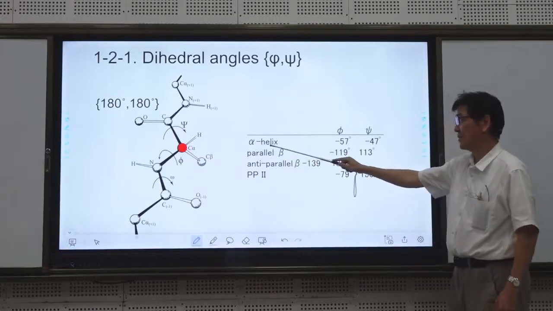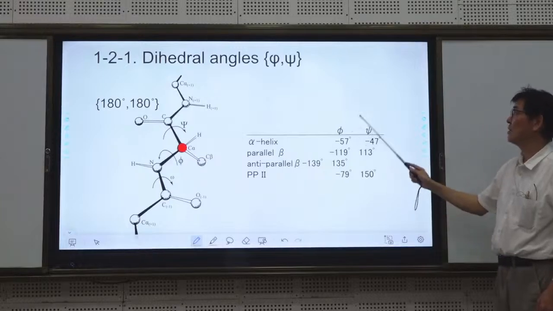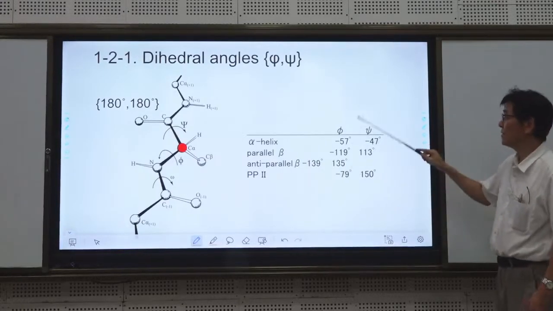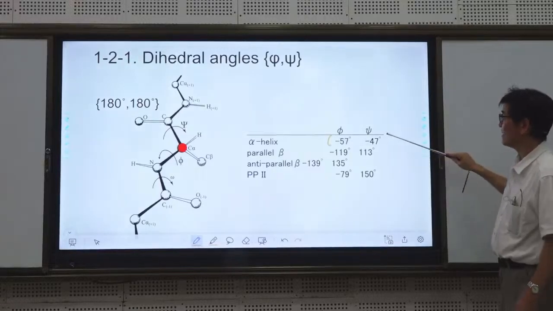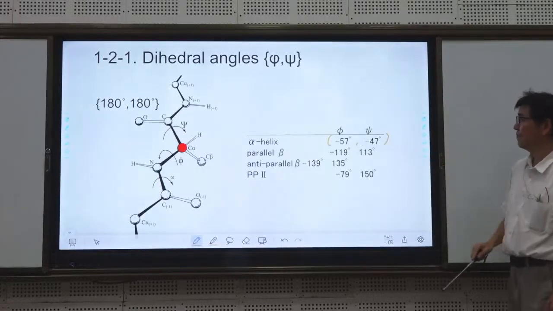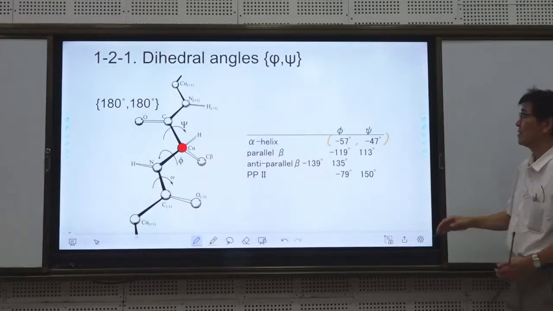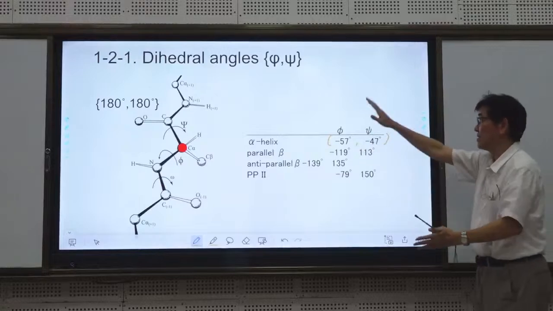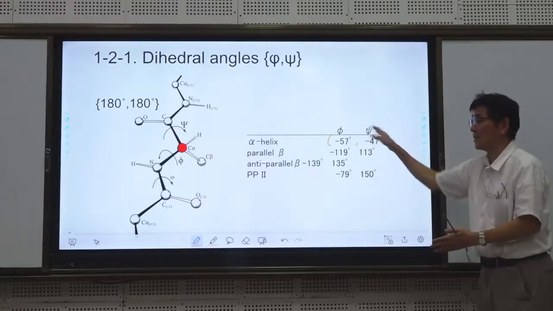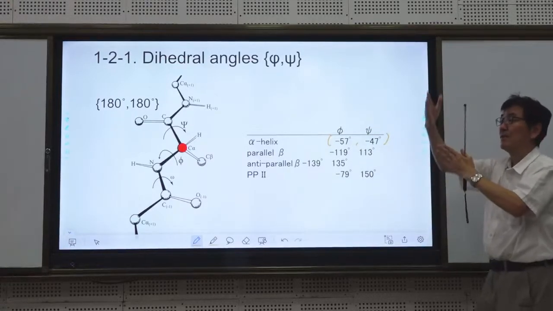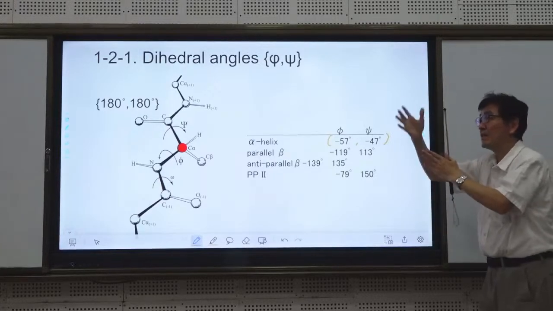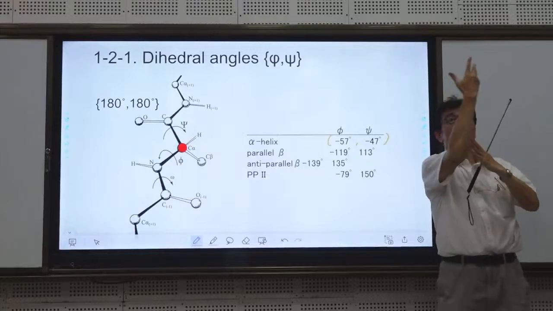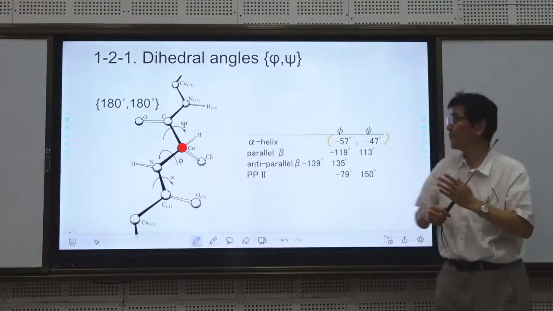So in the case of an alpha helix structure, phi and psi are merely these values. If the dihedral angle or rotational angle of the peptide plane is fixed to these angles, and when the chain is accumulated,